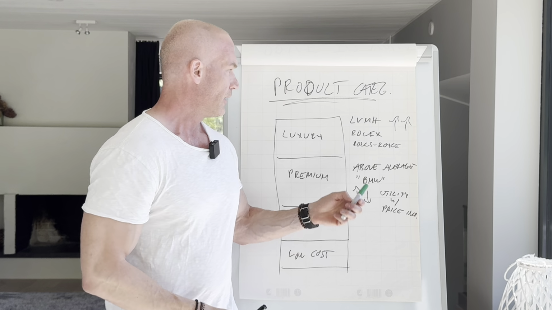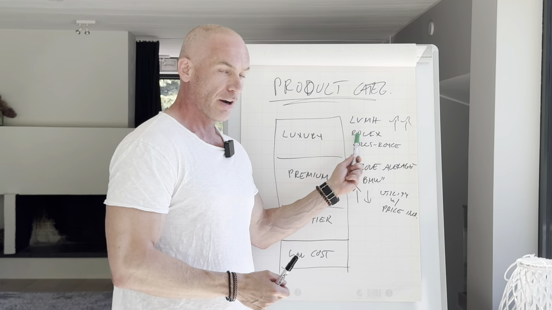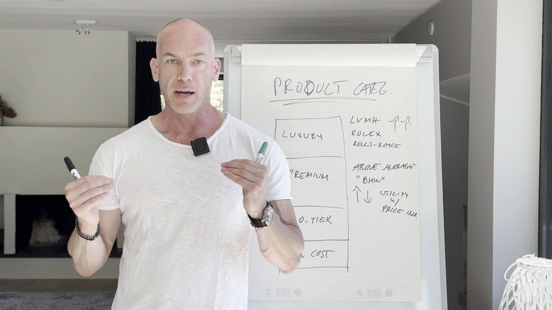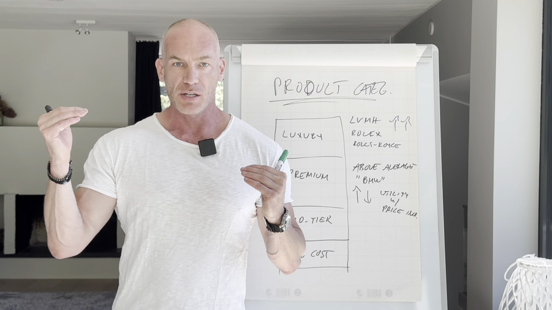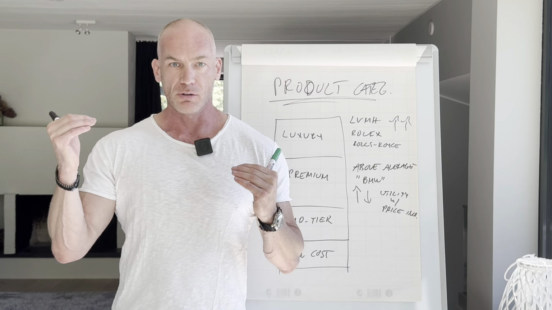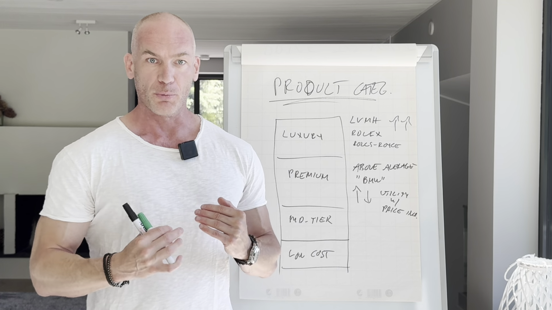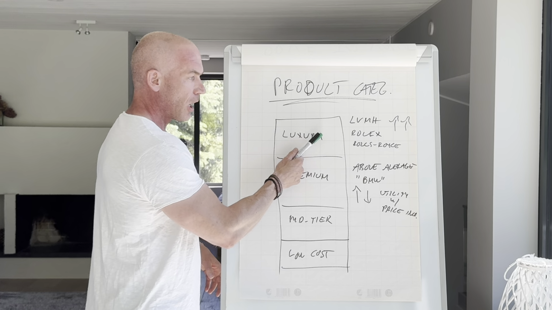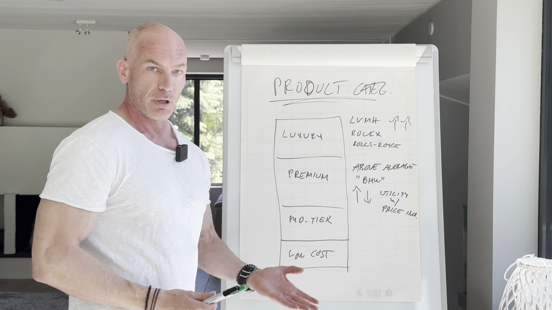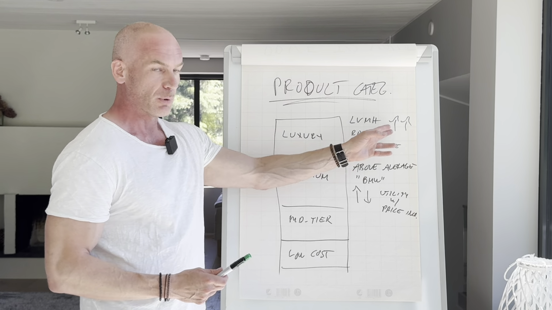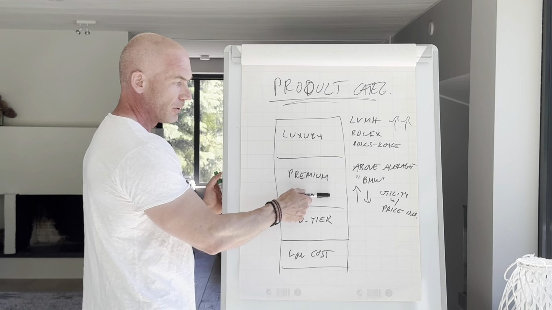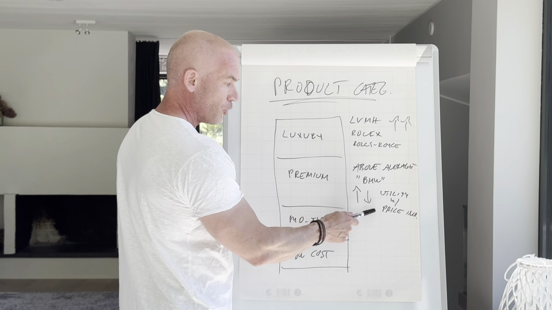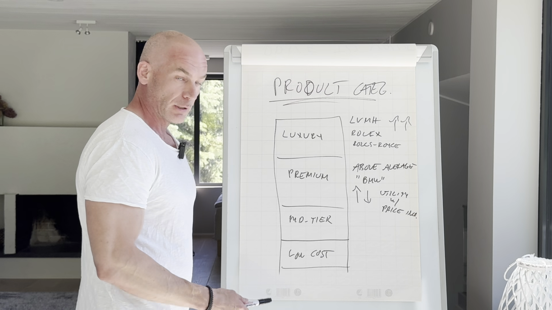And that's what we see in some of these categories with the most sought after watches or handbags. If you don't get the new one, you actually look at some of these used retailers online, and the price of a used watch is actually maybe double what the new costs, because you don't get the new one. So that's the difficulty there in the eyes of the buyer, because you have to pay more. So true luxury, you increase the price tag, you increase value at the same time, and you can play with supply. Here in premium, above average, call it BMW, you always pair utility with the price increase.